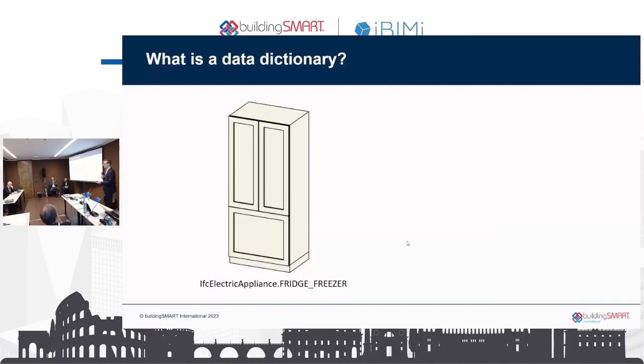So we are able to tell more than just the geometry of our models. But in case we want to say that this is not a fridge but a wardrobe, we don't have a wardrobe concept in IFC, because IFC are just foundation classes that we all can agree on as the foundation of our modeling and exchange of information.